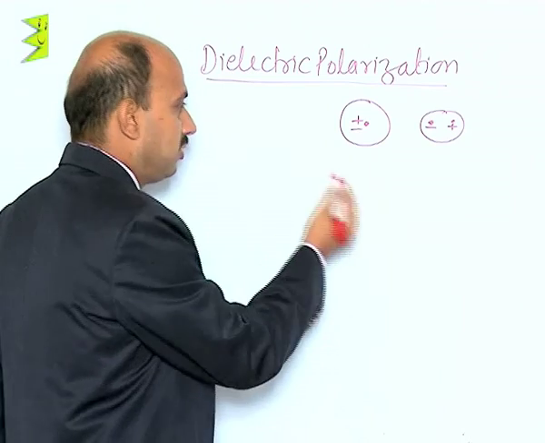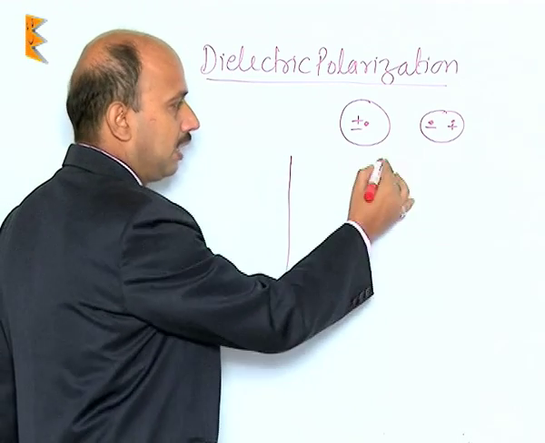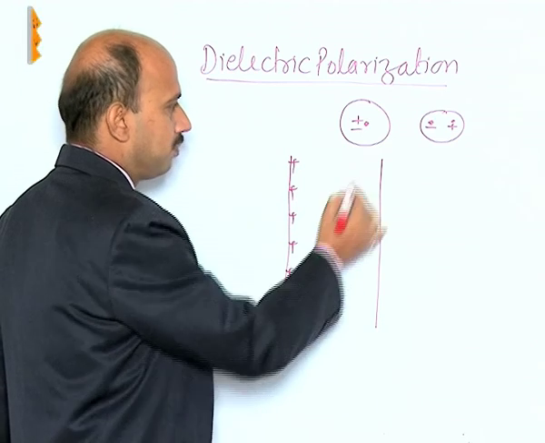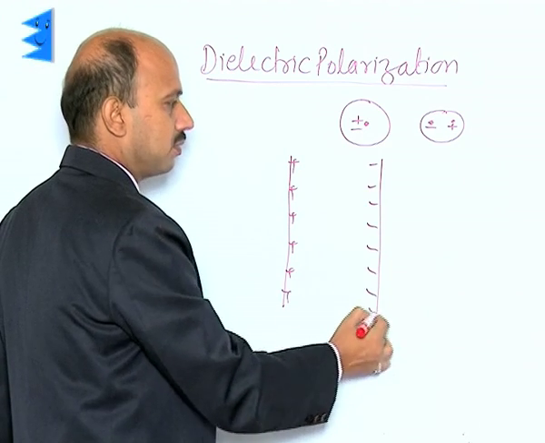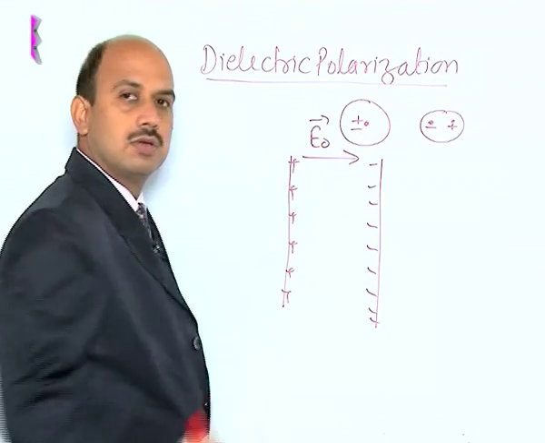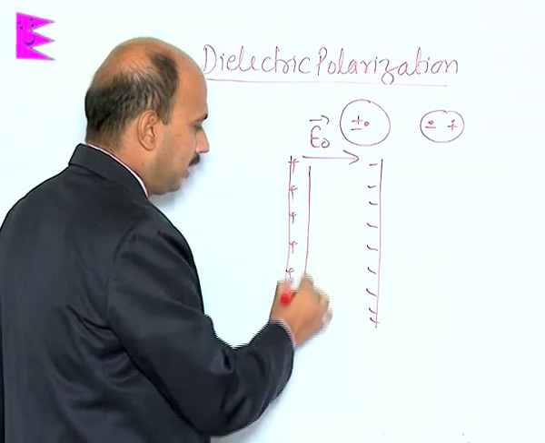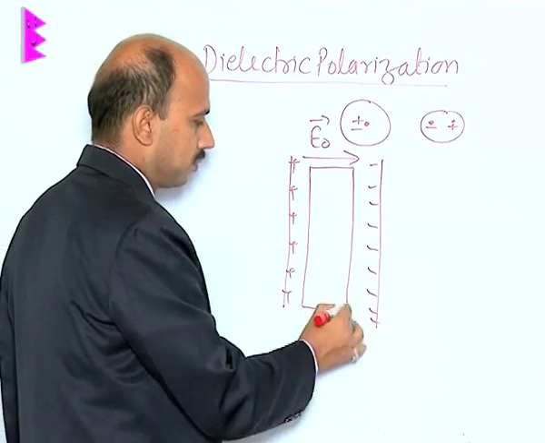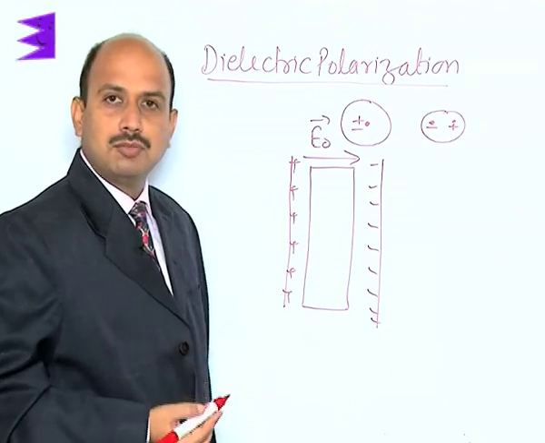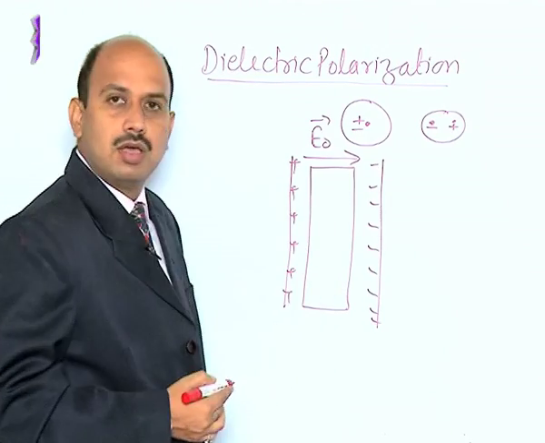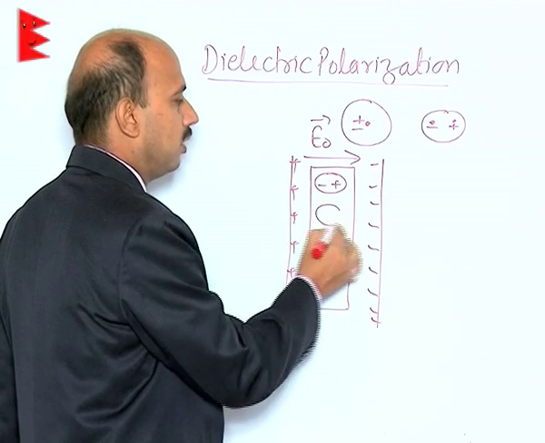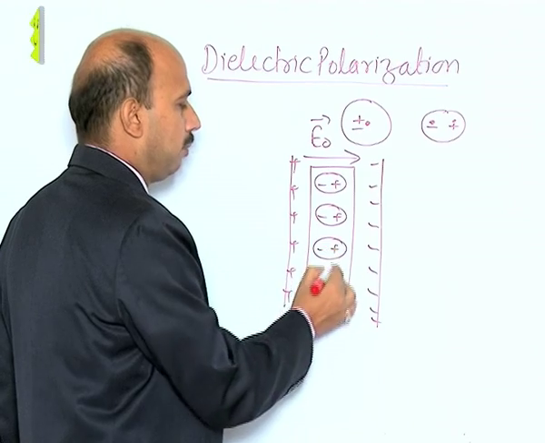Now let us discuss this with the external electric field in detail. This side I am taking positive and this side negative. Now, the external electric field is E naught, in this direction. If I place a dielectric material over here, what happens? Initially all the atoms of this dielectric are like this. Now, in the presence of the electric field, they become like this: negative positive, negative positive, negative positive,